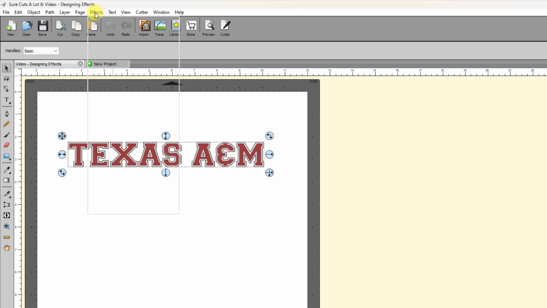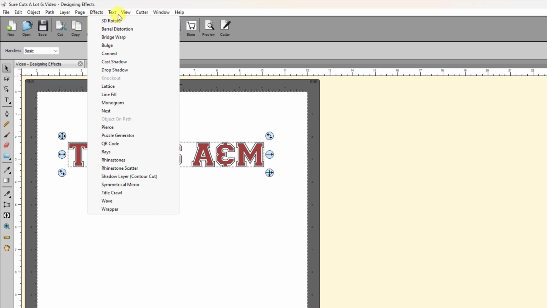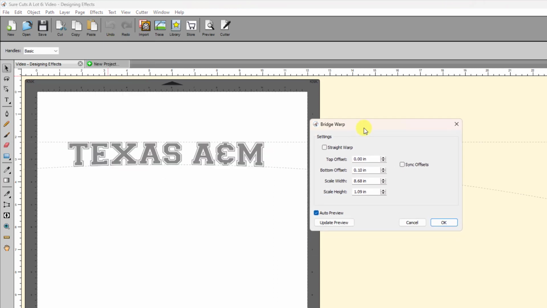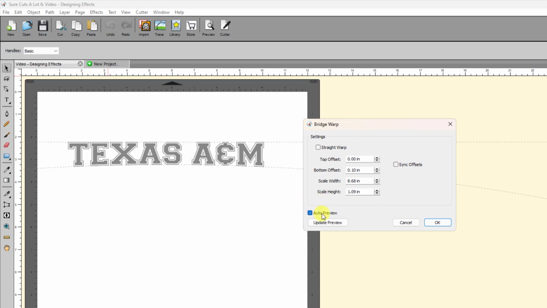you want to warp, and then go to the effects menu. And as you can see, here's all the 20 plus different options that are in here. They're all so amazing. And the bridge warp is the third one down. So you select that, and this window will immediately open. Then make sure auto preview is checked. It should be. Now you'll notice sometimes when you use these functions it's not checked. So you want to check it, and that way you don't have to keep clicking on update preview. And then you'll be able to see as you make changes the effect that it's